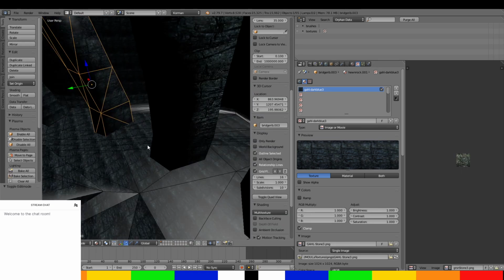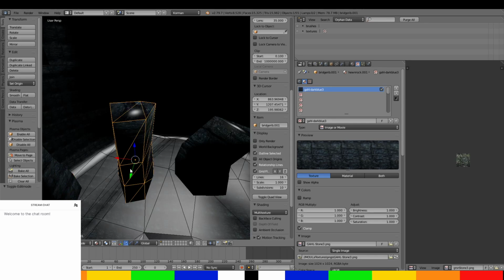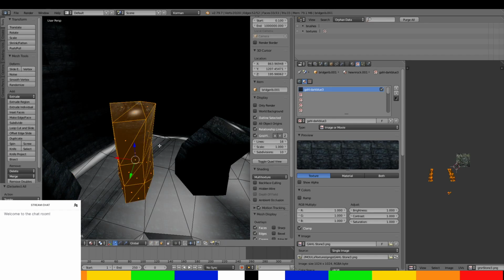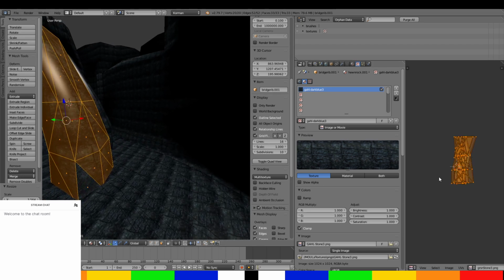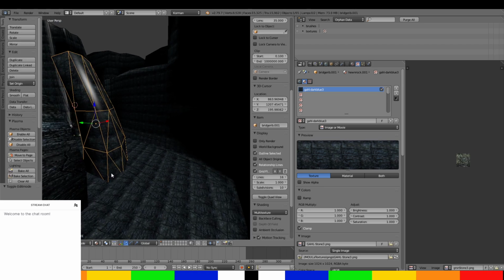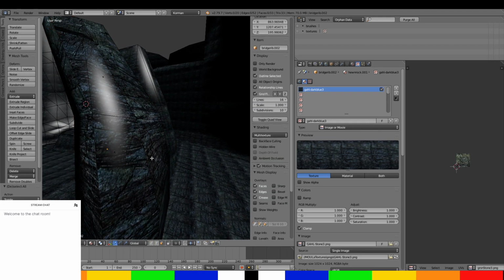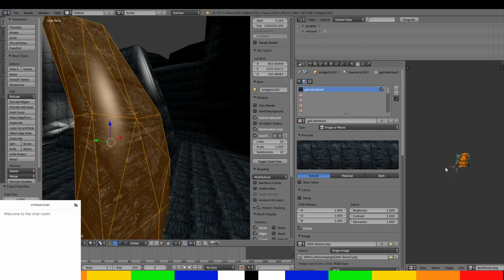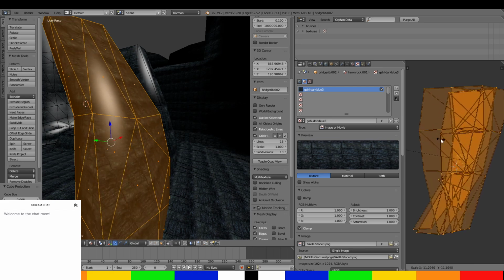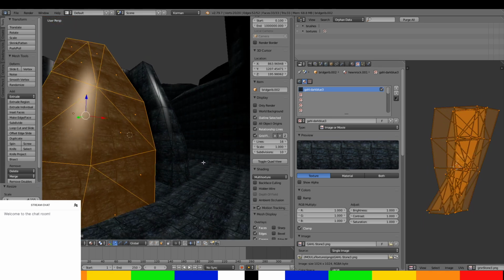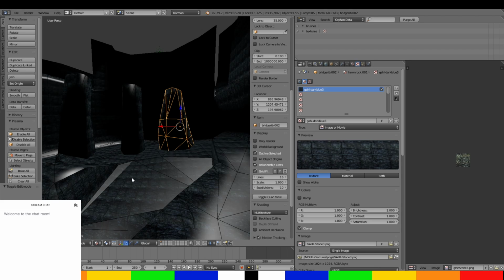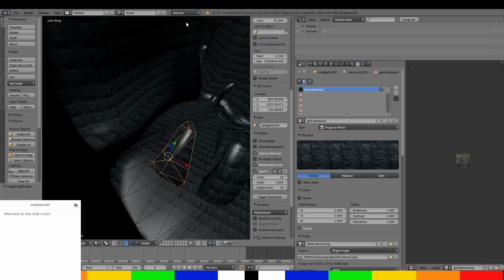Now, you might be asking yourself, Cal, what are these giant rock spires supposed to be? Well, that's a secret for the moment. But yeah, now if I'm going to go back in the age, you'll see that it is going to be a lot more